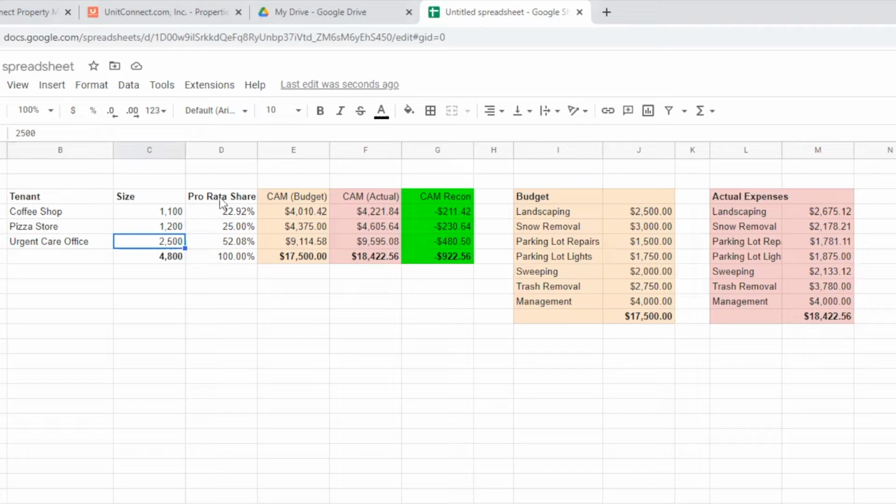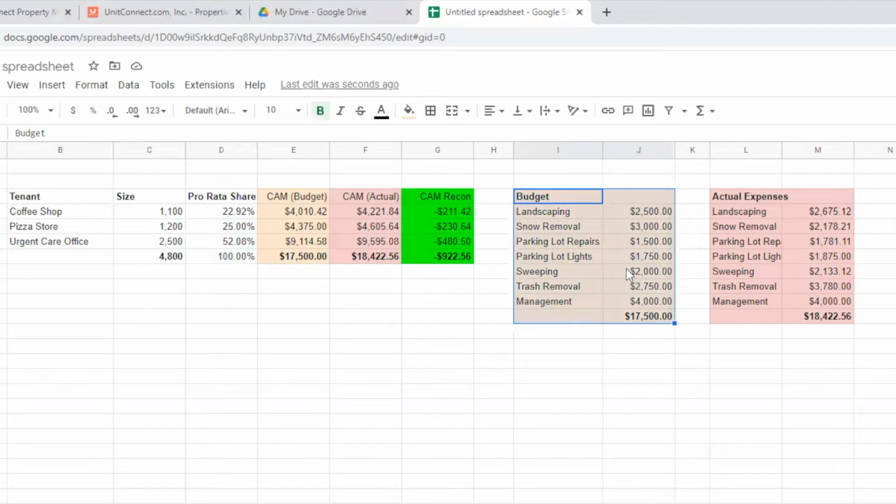And again, this percentage is typically indicated on the lease. Sometimes it actually defines the percentage, or sometimes it just says pro rata share. But it's basically the size of the store divided by the total area. So the pro rata share is an important factor in determining what the CAM amount is. As I was saying before, at the beginning of the year, typically landlords or ownership put together